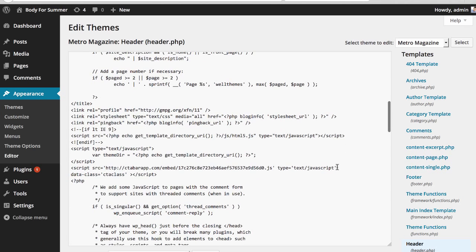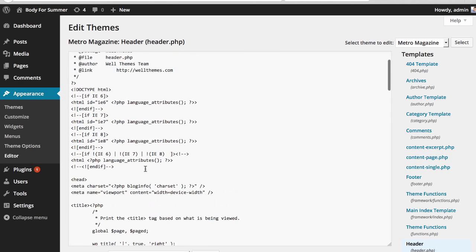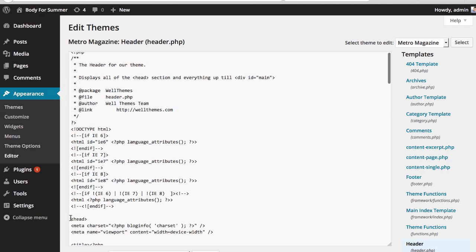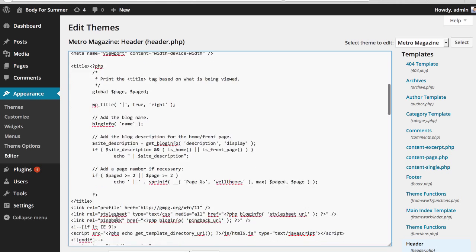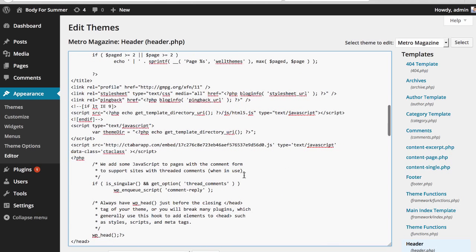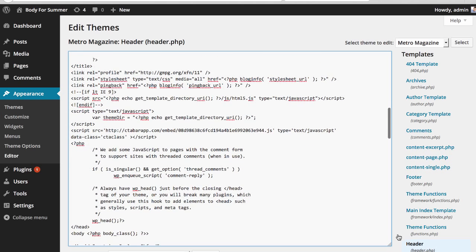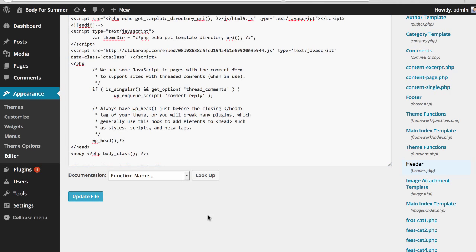Now in this case, we can see there is a head up the top here, and you should put it in the header of your page. It can be installed anywhere, but it's best in the header. Now I've already got a CTA bar installed on the site, so I'm just going to replace that CTA bar with my new CTA bar. We'll click Update File,